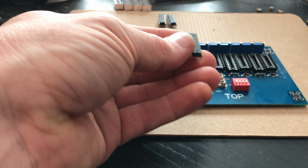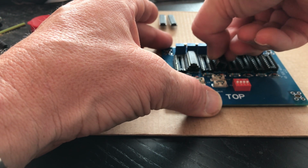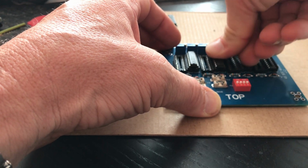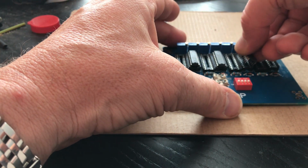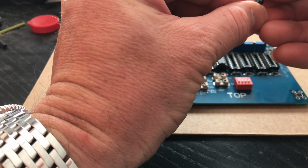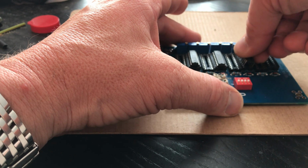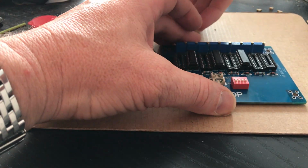It needs a little bit of practice, but once you get the hang of it, again, the half round on the bottom. The second one, put it in there, make sure all the pins are aligned. Sometimes you have to work it a bit. Third one, again, the round on the bottom. Oh, I can see one of the legs is a little bit bent in the wrong direction, so always make sure they are pretty aligned. Yeah, it looks good. Straight again, put it in there and push it in. And last one,